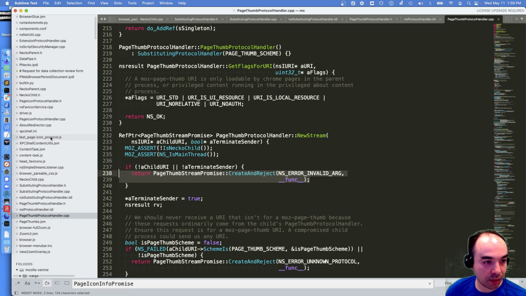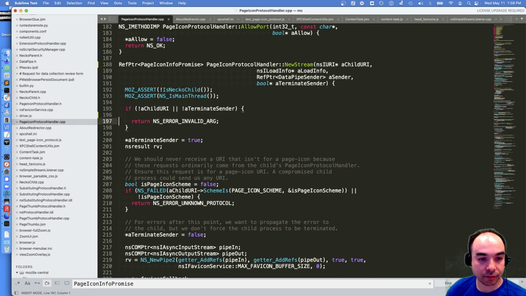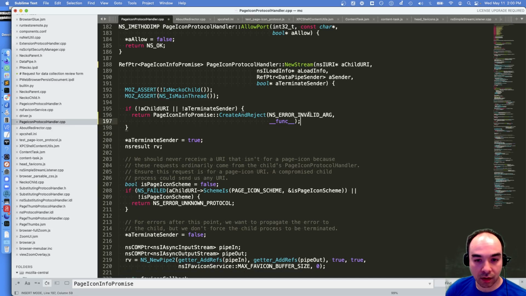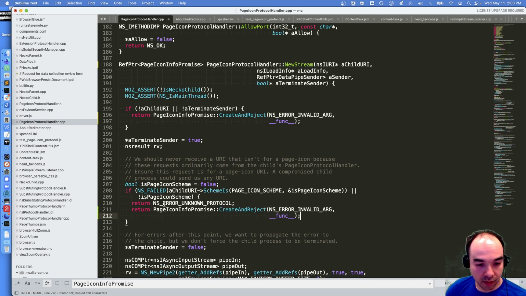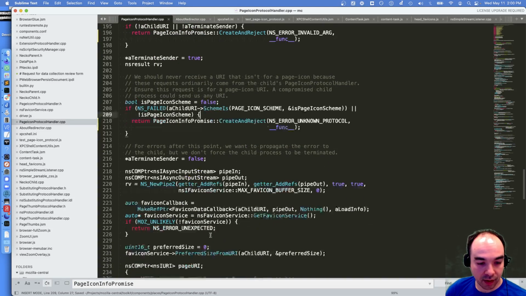So that's basically what we want to do in all of our error cases. Create and reject. Page icon info promise. Create and reject. And then create and reject again here. And then down here as well.